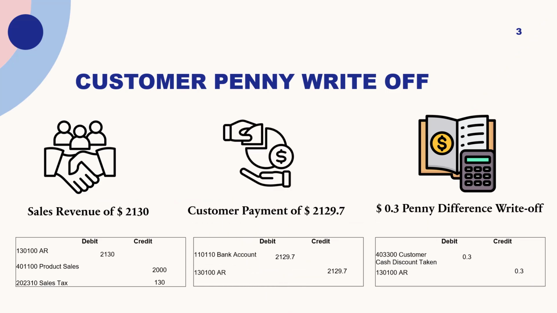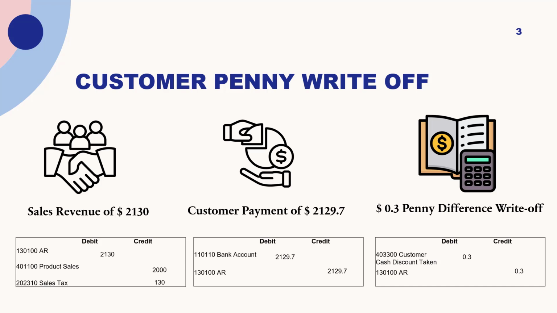So very straightforward. Let's say you have a company called ABC Motor, and that company basically sells car equipment, and there's a deal with sales revenue of $2,000, and then we have 130 as tax added on, right? And based on that, everything is okay so far. In a few days, we received the customer payment, but that total payment amount is not an exact match of the invoice, 2130, right? So actually the bank records a reception of a payment of 2129.7, and then in that case the